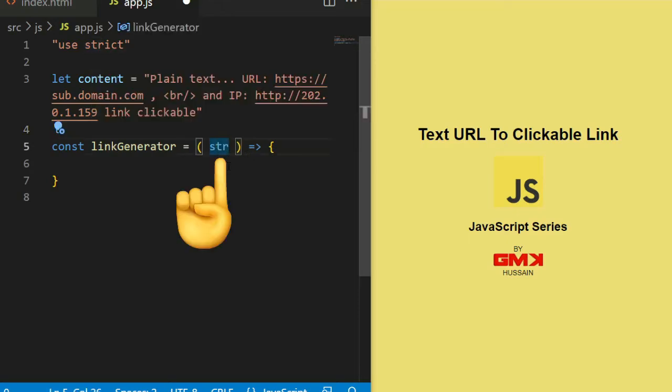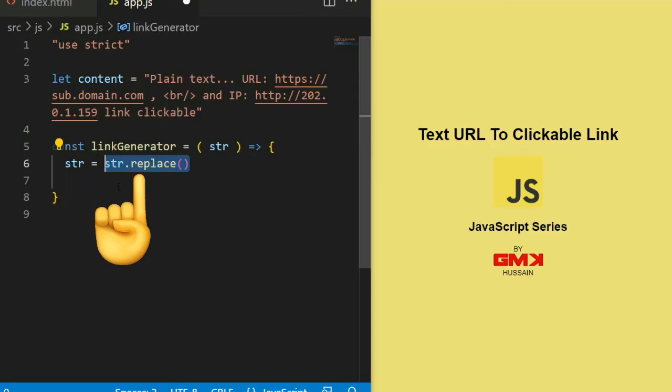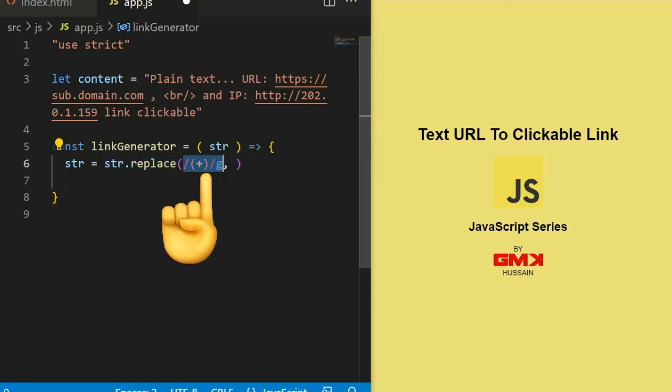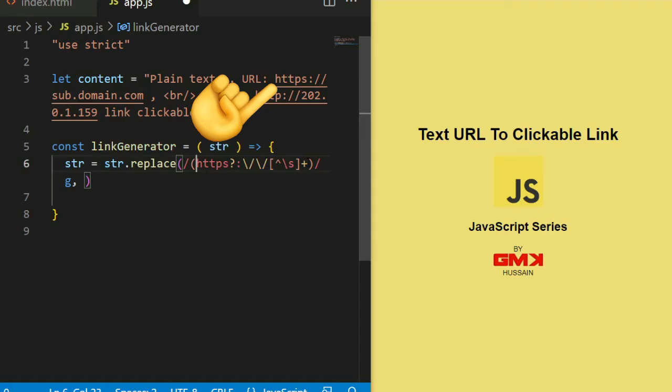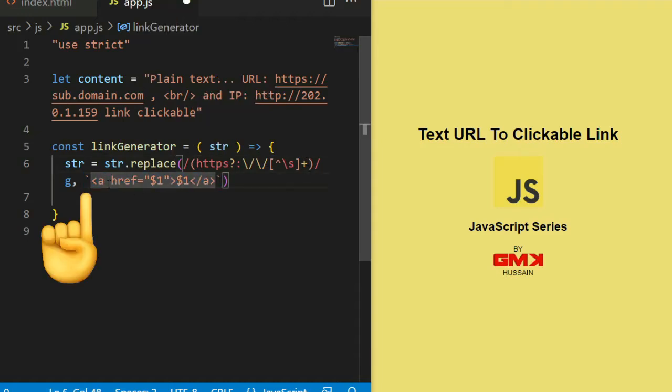parameter str equal to str.replace. Here write regex https question mark, then string replace from http until next space, then comma write href